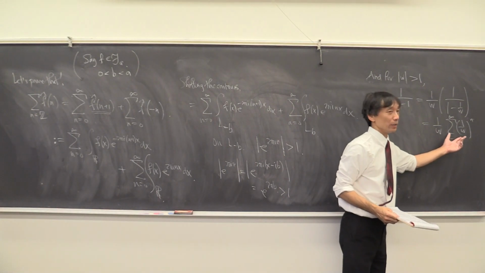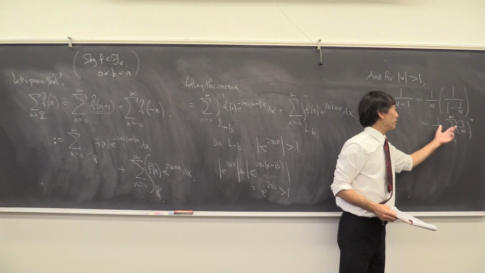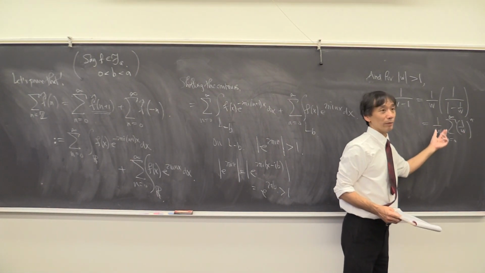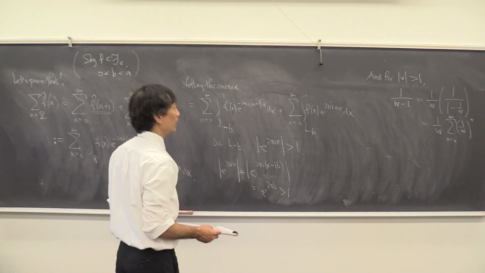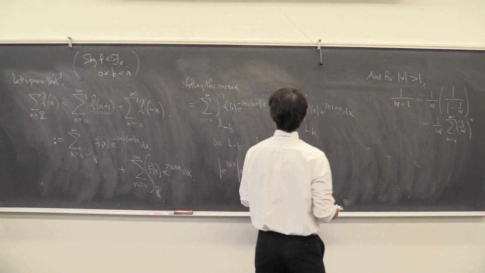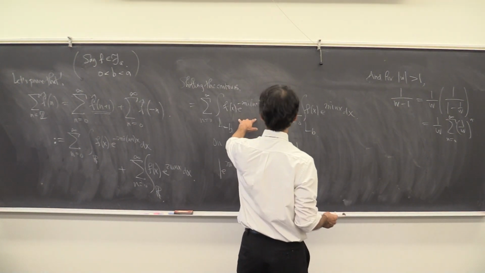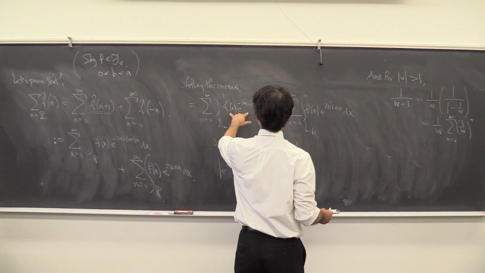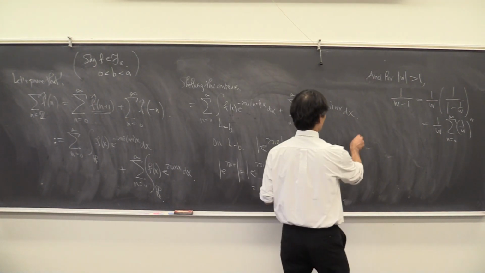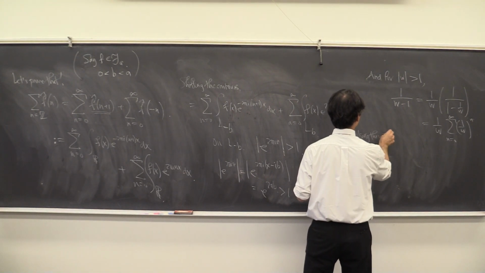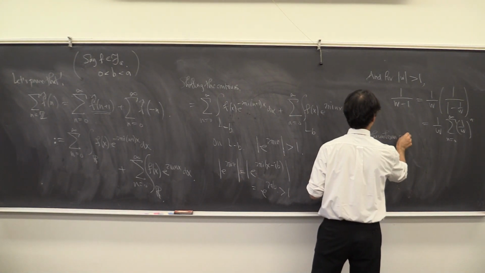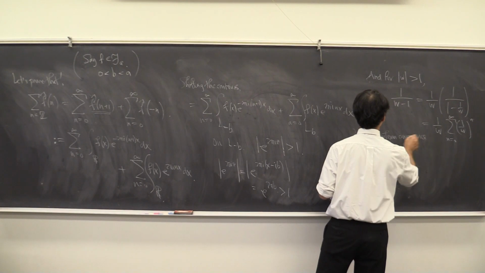We're just using the geometric series, where w is bigger than 1. Okay, so what's the point here? That we can, using the uniform convergence of the series,